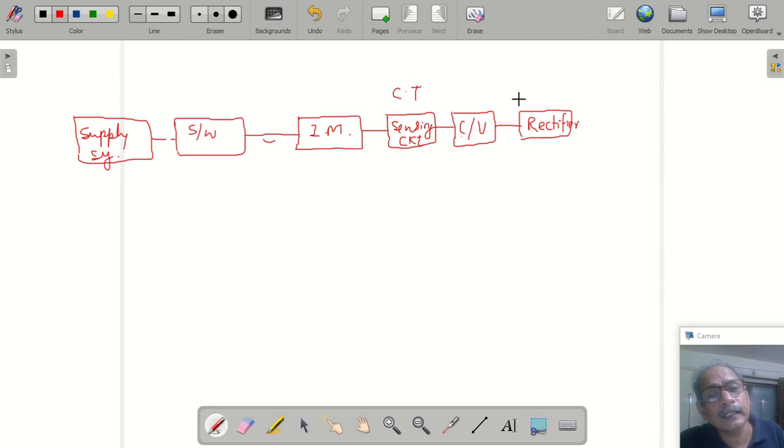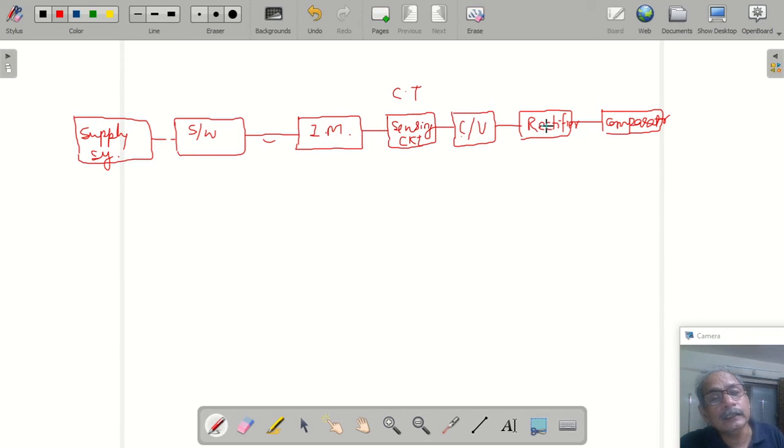So the circuit diagram will be there, but if you are going to show it using a block diagram, you can say we have a rectifier, which will convert alternating voltage into DC voltage. Then we have a comparator circuit. From here you will get DC voltage, and the comparator is there. So a set limit is there.